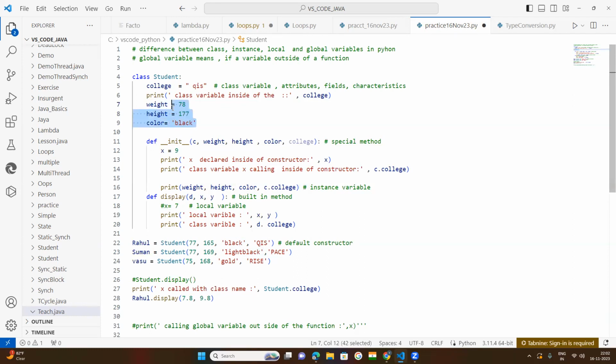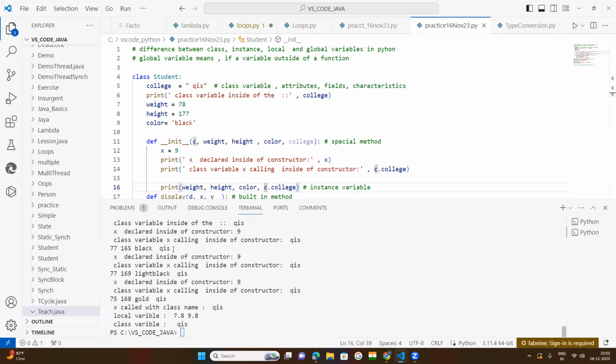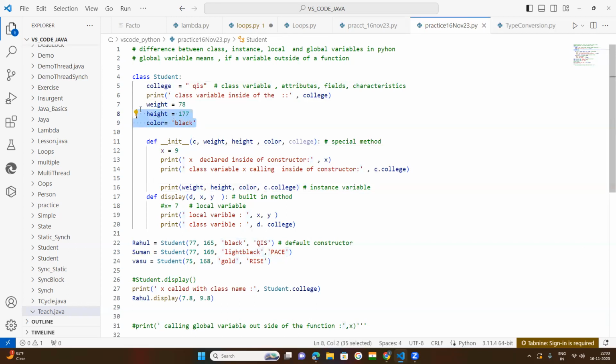Even though I have declared every object with different parameters and characteristics, I want to pass all these values to all the records, the same values, as I have shared the college common property with the self parameter. Now every record is getting different attributes, characteristics,